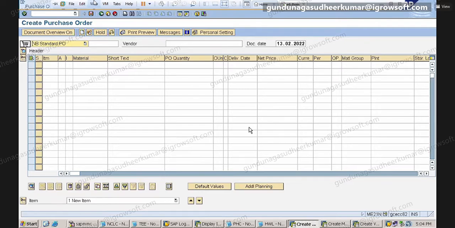Right. So now after receiving the order, what will the vendor do? Quotation, they will send. Quotation first or purchase order first? Quotation first.